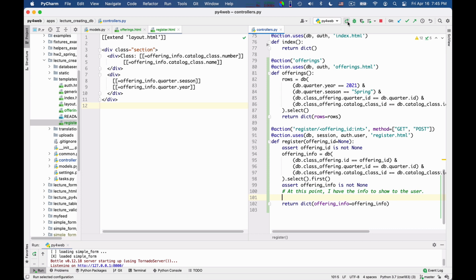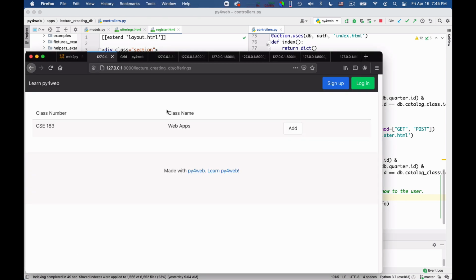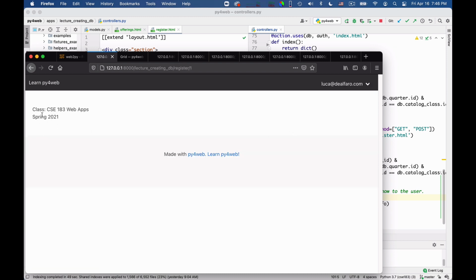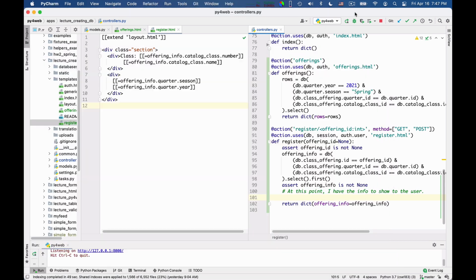So I want to reload and go check whether this actually works. So if I click here, I should see that, and I just see this. Okay, so this is good. Now I will need to put this form in which you can write a note, and a button to confirm and a button to cancel, and then I need to process that. Okay, so those are my next tasks. Okay, let me continue then.